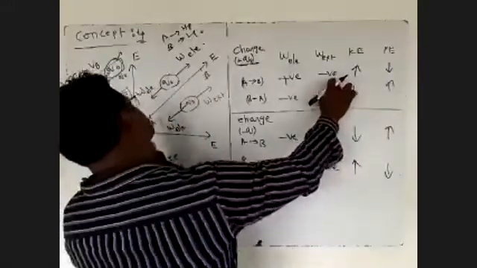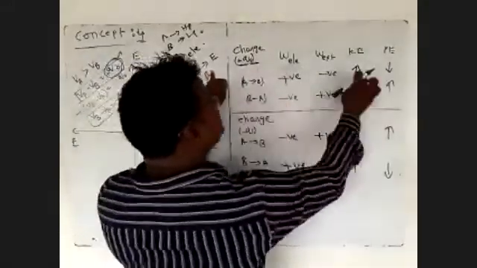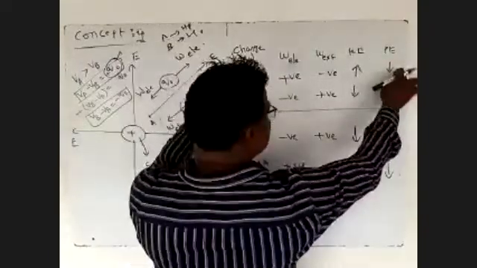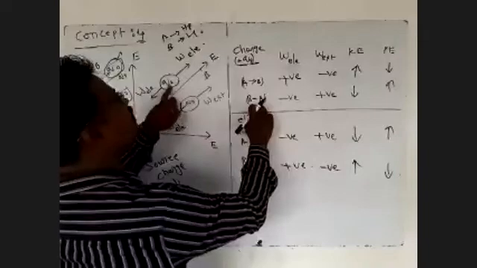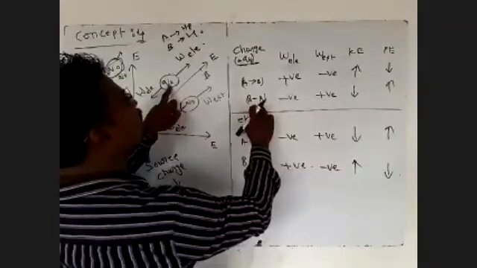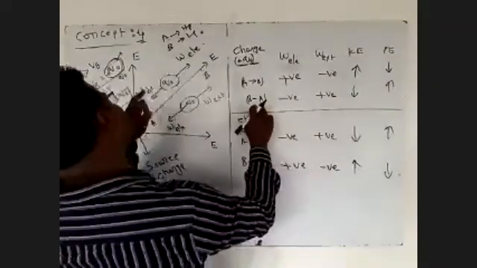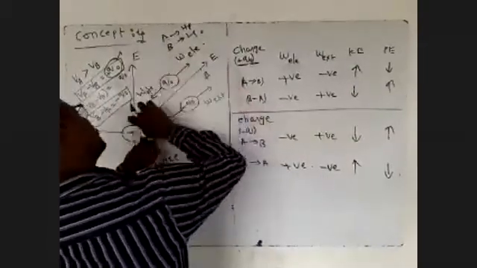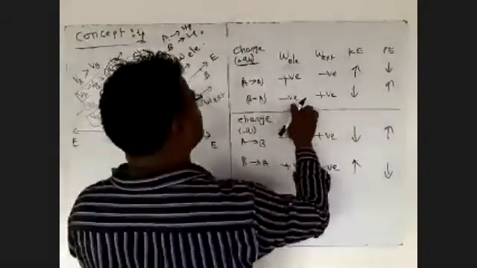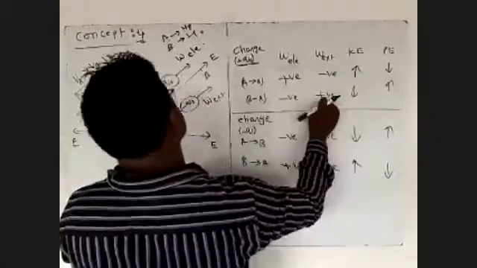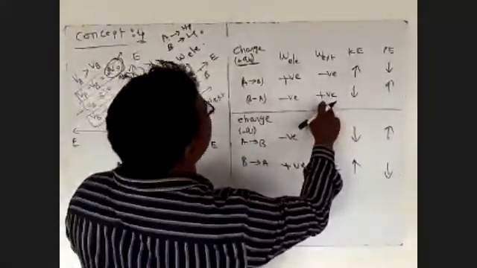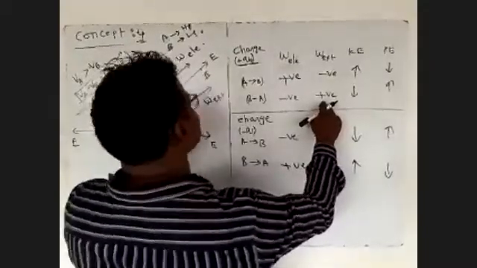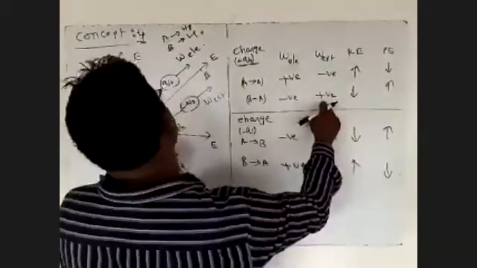The charge moves from A to B means kinetic energy increases and potential energy decreases. Next, B to A. The positive charge moves from B to A, from low potential to high potential, which means negative work. Next, external. What is external? The charge is moved from B to A, so B to A means that is external.